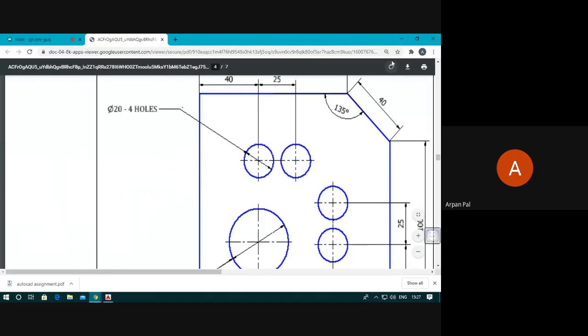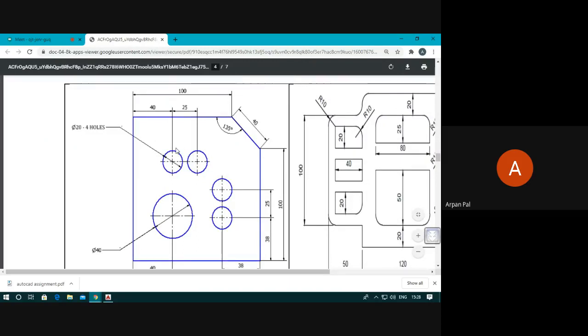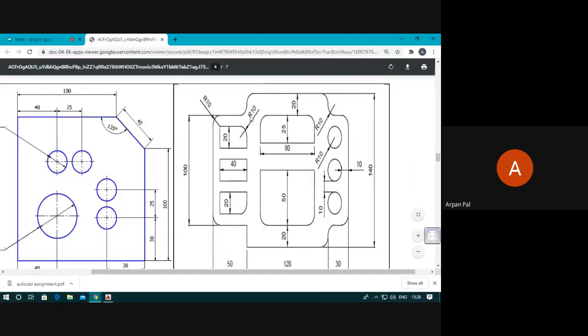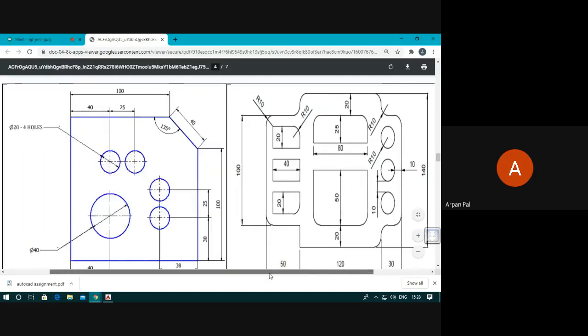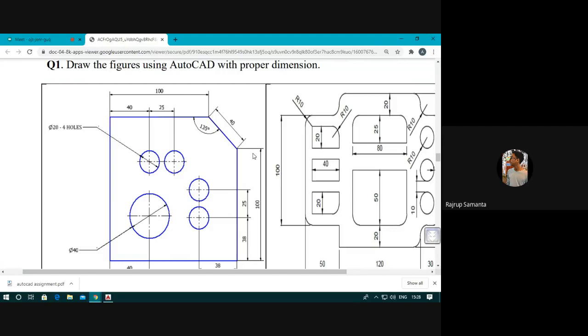Okay. So let us zoom out again. Here you can see it is written 520 and 540, and here it is written R10. You know what is the difference between R and this symbol? The phi symbol is for the diameter.